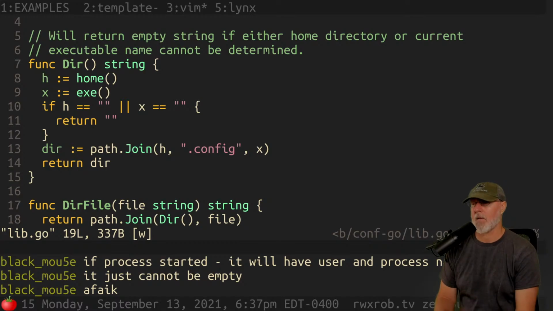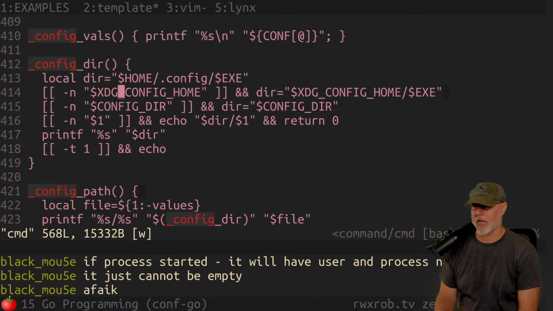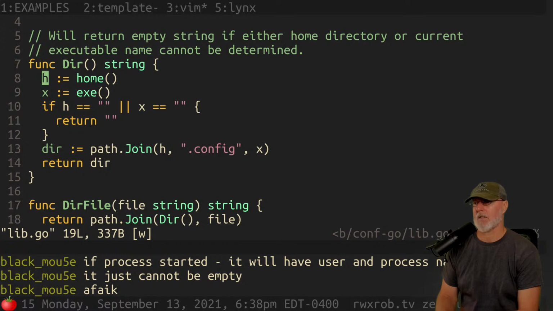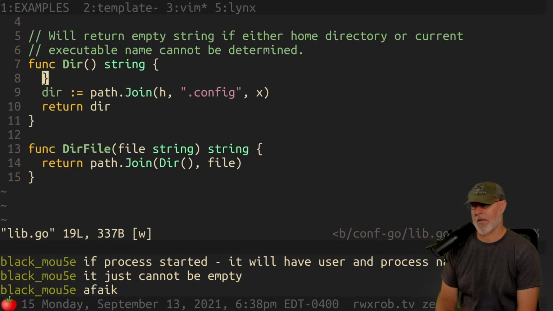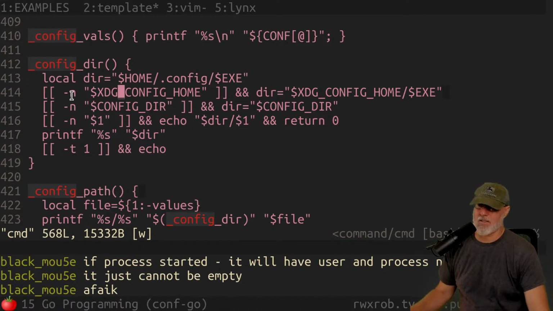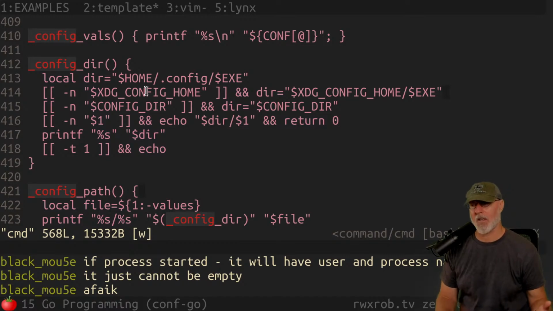I mean, let me take it back. Let's see. We probably need to. I'm going to decide right now that I have to mess up this logic. I have to turn the logic upside down. So I have to change this logic right away. Okay, so this is not efficient. It might be easy to write, but it is not efficient. You want to return as fast as possible. So this is something else when coding Go.